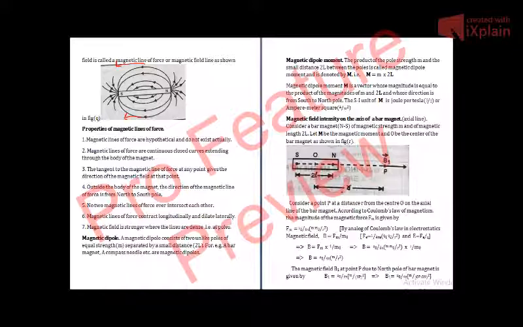It will be B1 is equal to mu naught upon 4 pi m upon NP square. The distance between north pole N and P. So due to the north pole of the bar magnet and by using the above relation B is equal to mu naught upon 4 pi m upon r square, we get B1, that is the magnetic field at point P due to the north pole of the bar magnet. B1 will be equal to mu naught upon 4 pi m upon NP square, which gives us